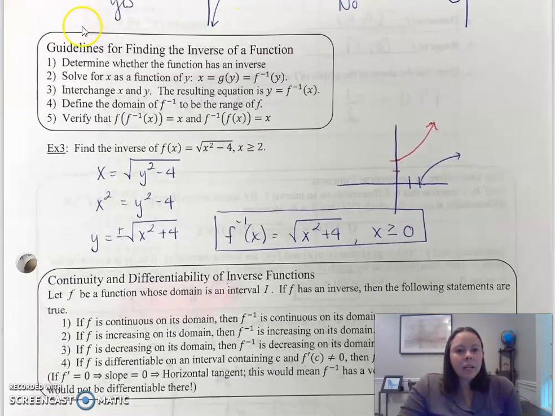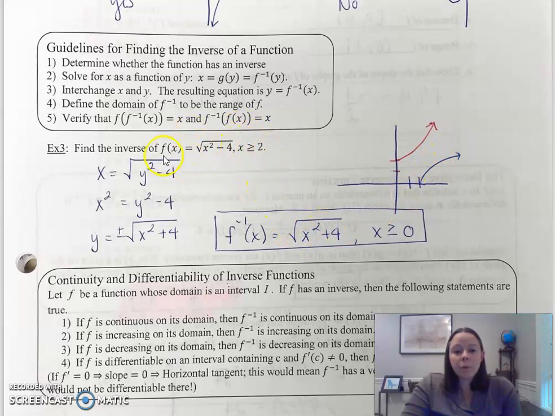All right, now guidelines for finding the inverse. So first determine if it has one. Don't want to waste your time. Then solve for x as a function of y. So remember, you flipped the variables. That's what we're doing here. We flipped the variables, and then we solved for y. And when you take the square root of both sides, don't forget that plus or minus. Now, with this, you're only going to keep the positive, because we're only going to keep the top half of this equation. And then when you go to write your answer, you can see that